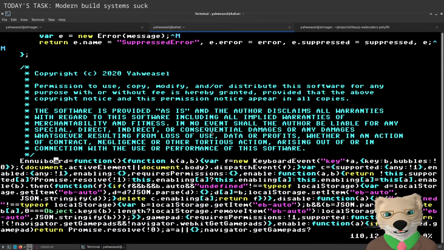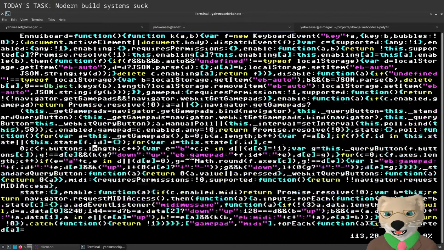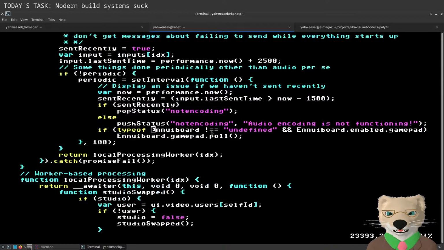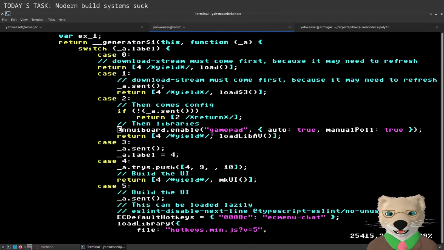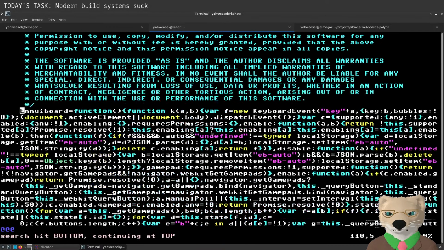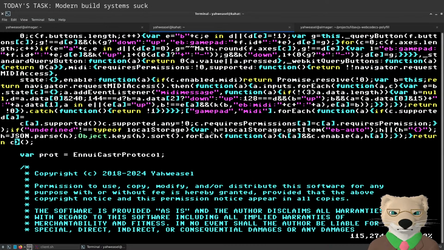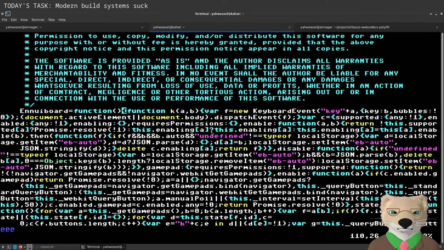What the hell is this? This is like the previous on board still somehow stuffed in. That wasn't modern on board, that was madness. On board should not be a function. Oh god, it's an iffy.